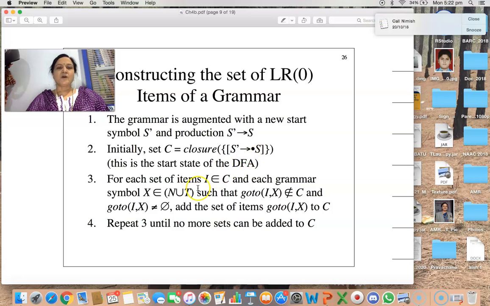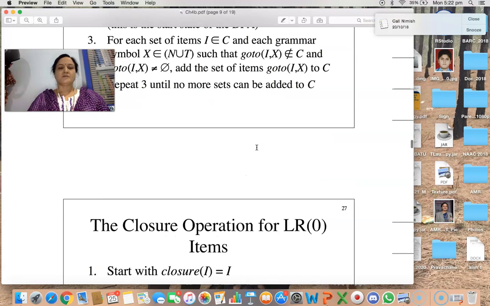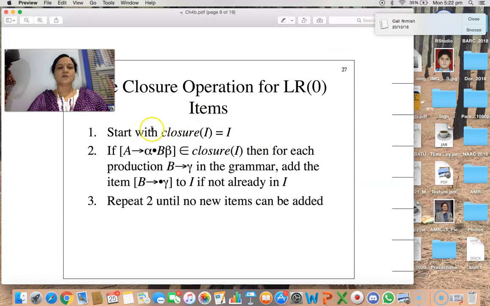For each set of items I in C, and for each grammar symbol X, terminal or non-terminal, after the dot we have to add the productions. So this is the closure. Start with the closure of I. If there is a production A tends to alpha dot B beta, meaning a non-terminal is after the dot, then we have to add B productions also into the closure.